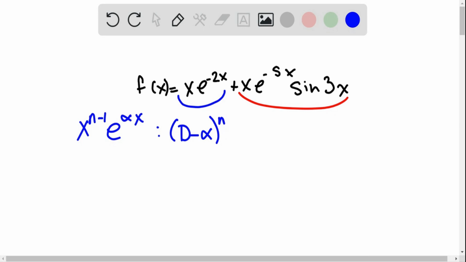So following that formula, that means what will annihilate this first chunk is going to be D plus 2, since alpha is going to be negative 2,